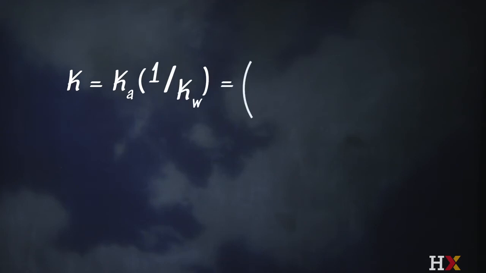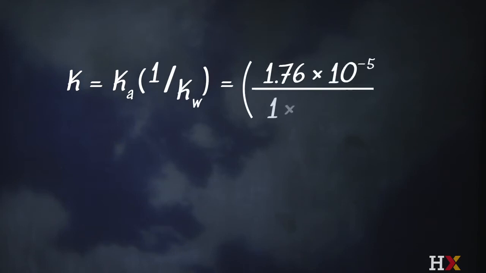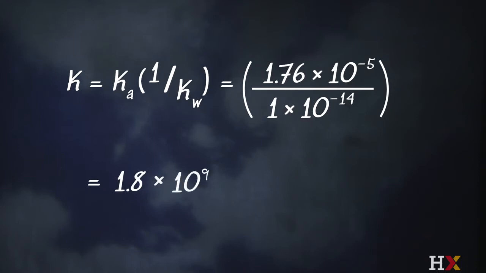And that's equal to 1.76 times 10 to the minus 5 divided by 1 times 10 to the minus 14. And as soon as we see that 10 to the minus 14, we know that that's going to be a large number. That turns out to give us a quantity of 1.8 times 10 to the 9,